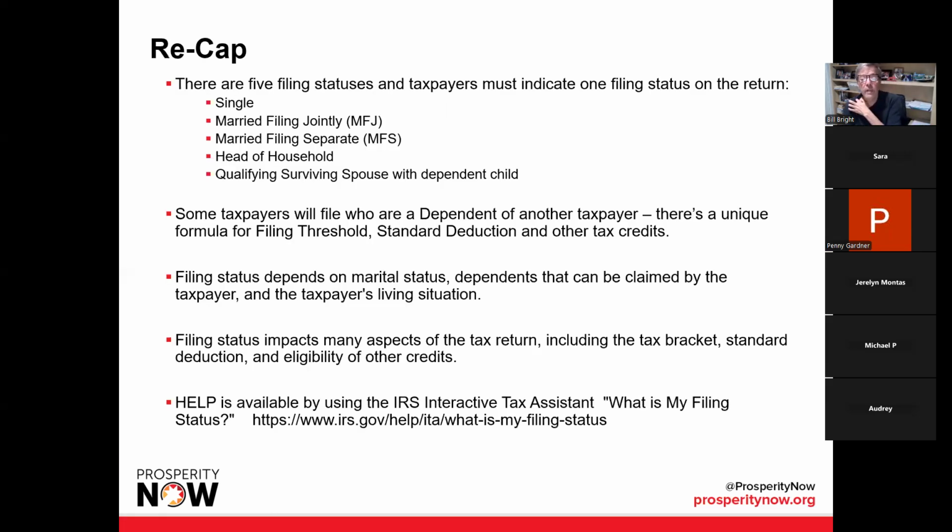So to recap, there are 5 filing statuses, and taxpayers must indicate one when filing a return. I mean, you can't file a return without determining your status: single, MFJ, MFS, head of household, and QSS. Some taxpayers who file are a dependent of another taxpayer. All right, that's an interesting situation